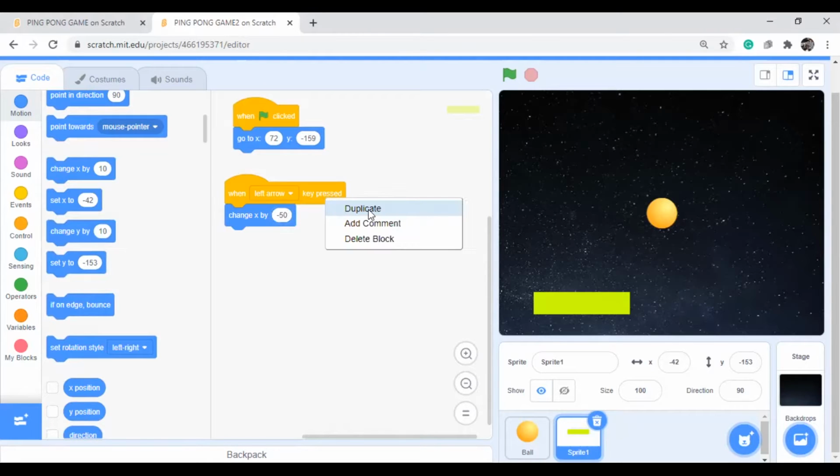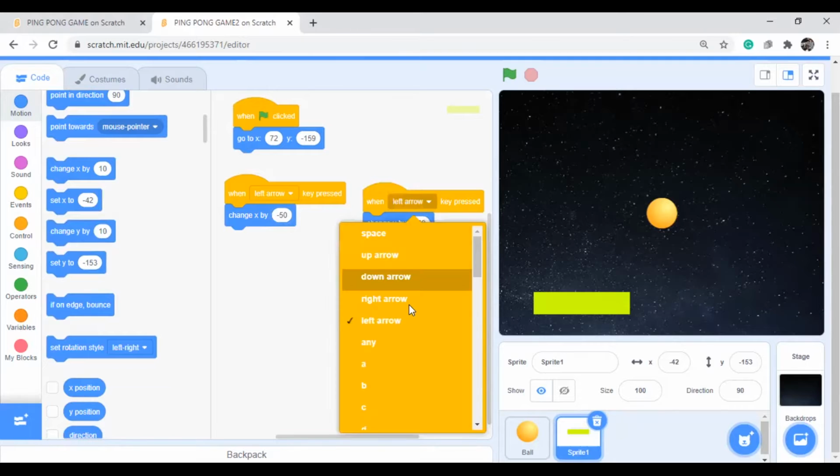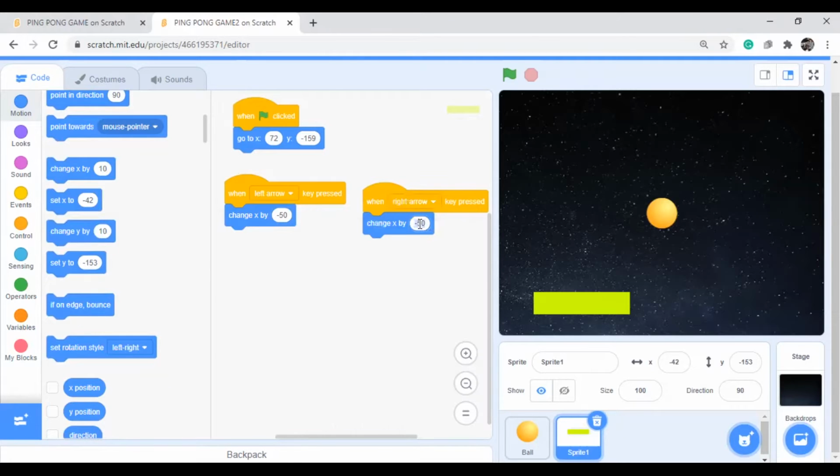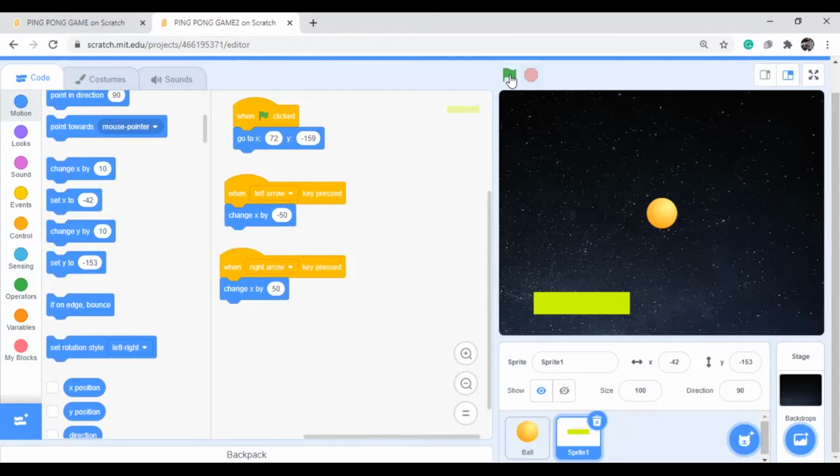If it is the right arrow, then you can give plus 50. Now see, students, now I'm clicking here, left side it is moving and right side it is moving. So this program is completed.